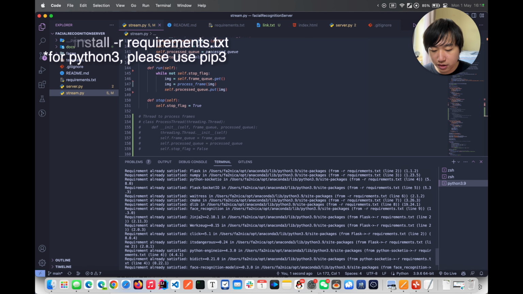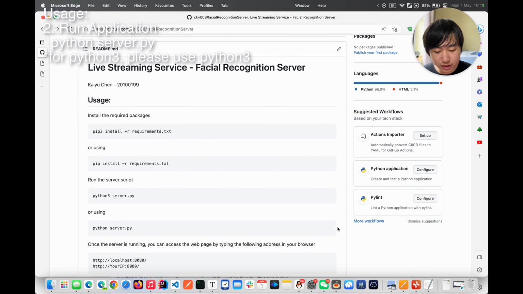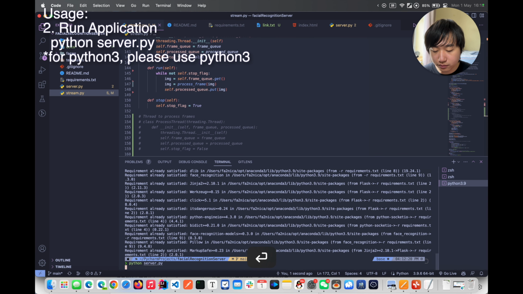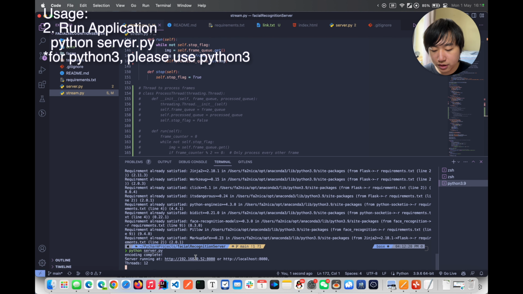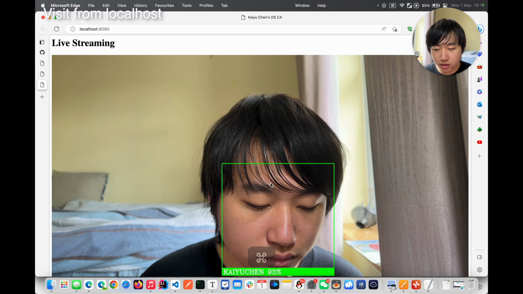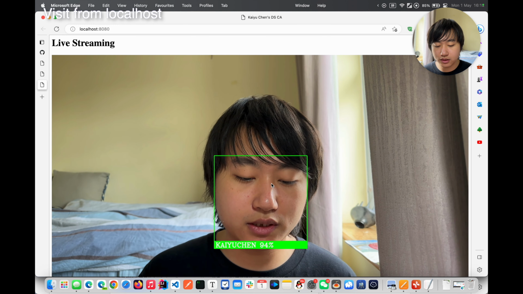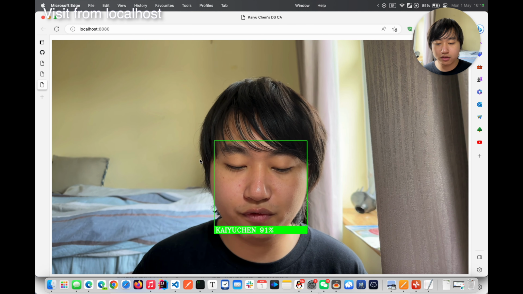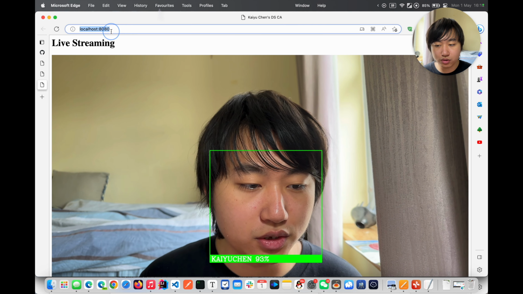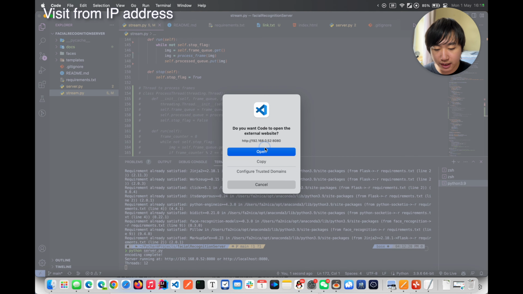As you can see, it's going to install all the dependencies. Then to run this application, we need to run the command python server.py. As you can see, we can access this application through localhost or the IP address. Now I can see the recognition frame on the web page through the localhost,